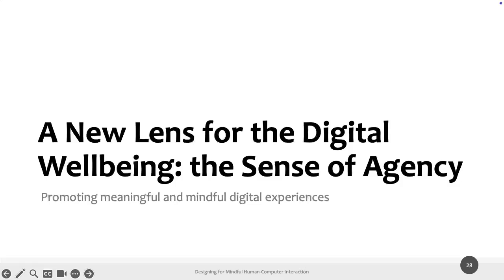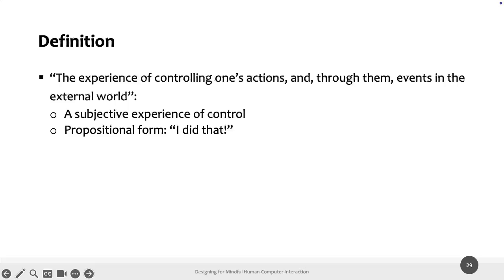Okay, finally, there is this sense of agency construct. It's not really a theory, it's more a construct, but it has been associated very recently to the digital well-being domain as a new lens for understanding this problem instead of using screen time. So what is the sense of agency? Basically, it's the experience of controlling my actions, and through my actions, the events in the external world. So it's a sort of subjective experience of control,